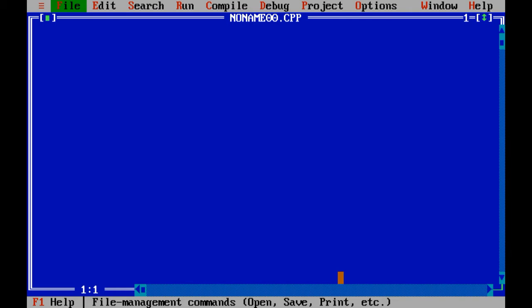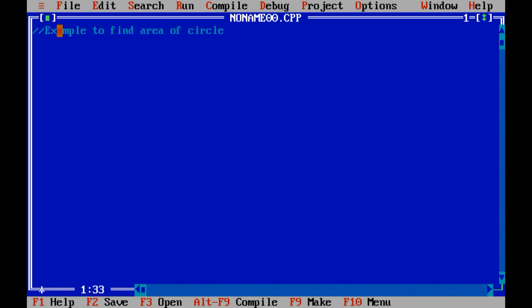Now let us start with the example to find the area of a circle, and the formula is answer equals pi r square.